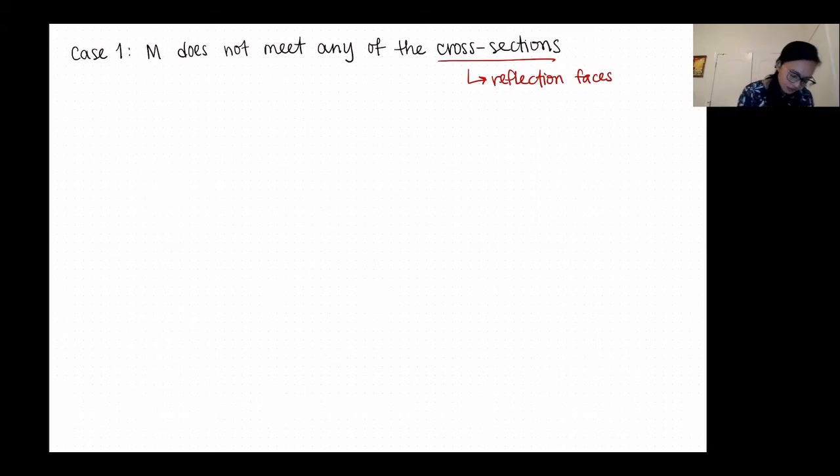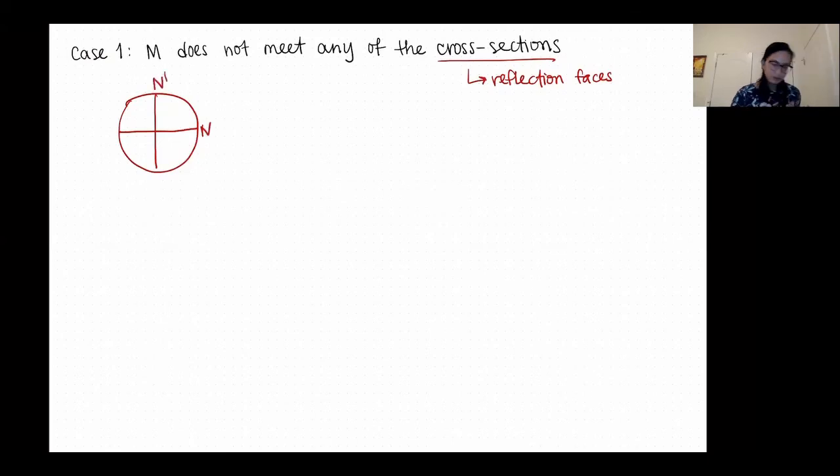Going back to this cartoon that we had over here, here is one of the cross sections that we called N. Here's another one, let's say we call it M prime. If I have M and I know it doesn't meet any of them, it would have to be somewhere over here. But these reflection faces tell me there's another copy of it over here, and another copy over here, and again another copy over here. So this was a picture in dimension 2. If we do this again in dimension 4,